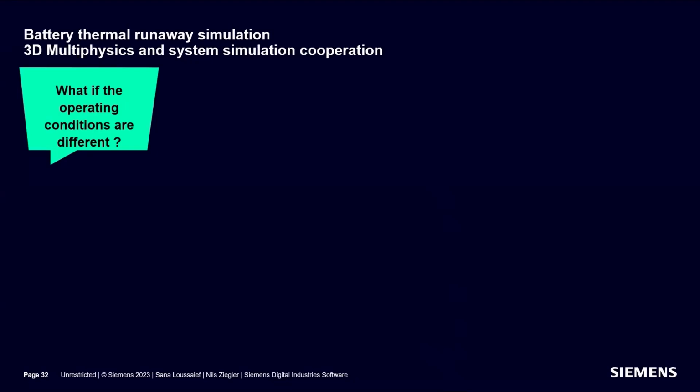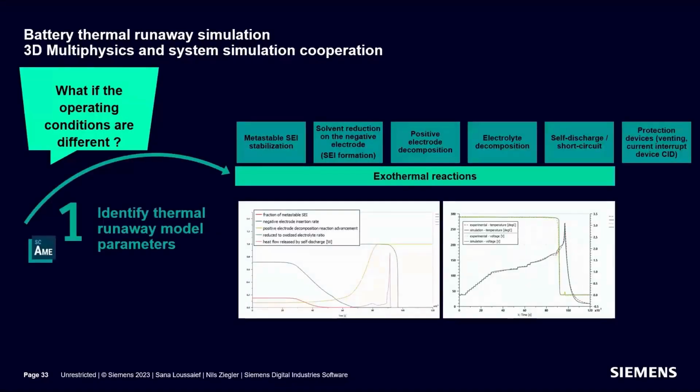Of course, we can answer this question by making arc tests under different conditions, but this solution is costly, which on top of that, will extend the design cycle duration. So how about making virtual tests under different scenarios? This is possible with the SimCenter integrated workflow, since it offers predefined thermochemical reactions. It describes the physics-based phenomena which occur during thermal runaway. Now let's have a deeper look at these phenomena.